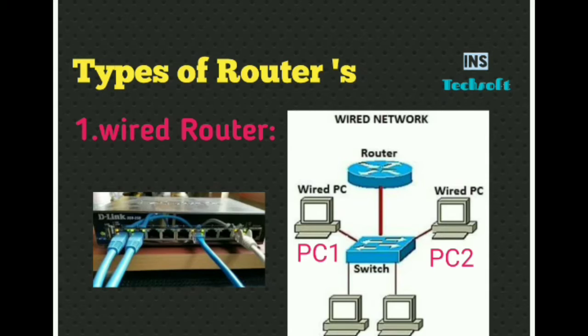It will go and then be connected to another router. For example, a small router supports NAT, that is Network Address Translation, a technology which allows multiple computers to share a small number of IP addresses. For example, if you take one IP from the service provider, it will work. So this is a wired router. Just basically remember wired one: we need to connect the Ethernet cable to access the internet or to access different servers.